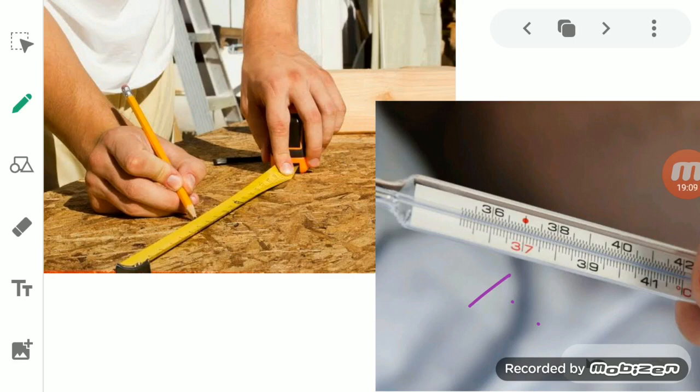When the shopkeeper was there, he measured the mass. When the carpenter was there, he measured the area of the wooden sheet. The milkman measures the volume of the milk, and a doctor measures the temperature. If we talk about the tailor, he measures the length of the cloth. So these are the different kinds of quantities to measure something.